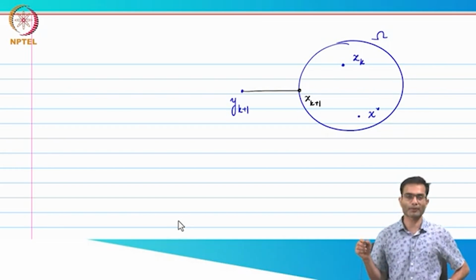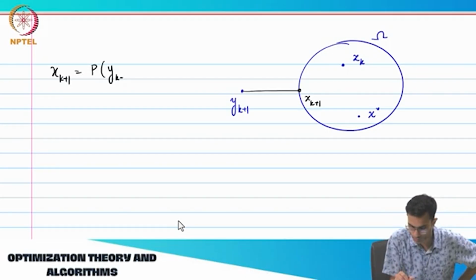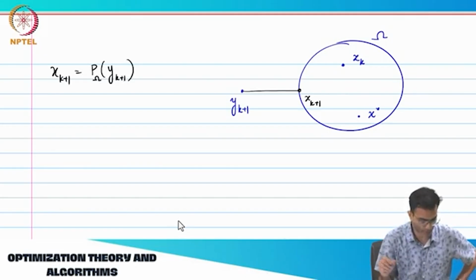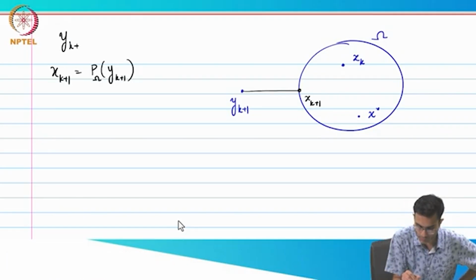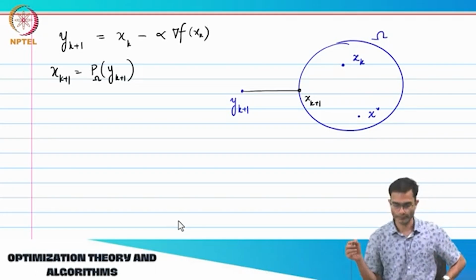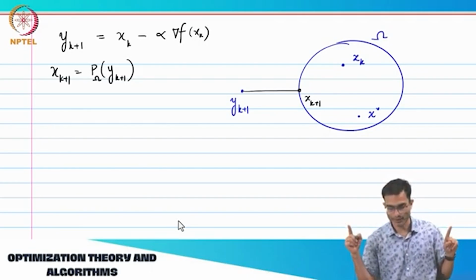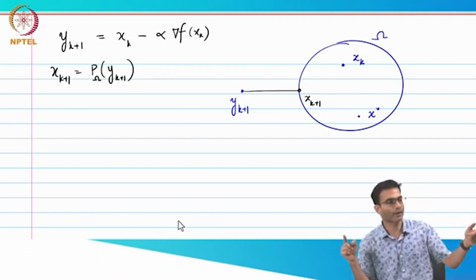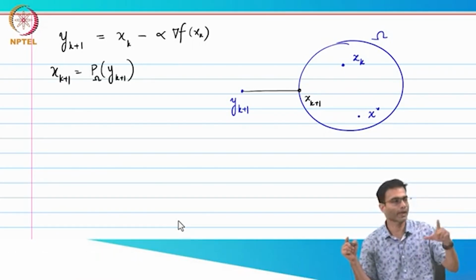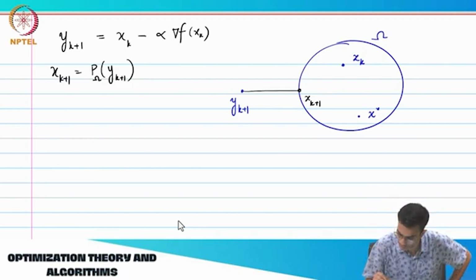This is my projection point, right? So xk plus 1 is obtained by projection of yk plus 1. This is the definition. We also had yk plus 1, as I just wrote on the previous slide, as xk minus alpha grad f of xk. So I can reach yk plus 1 by joining xk and this minus alpha grad f of xk, right? So if I draw this,